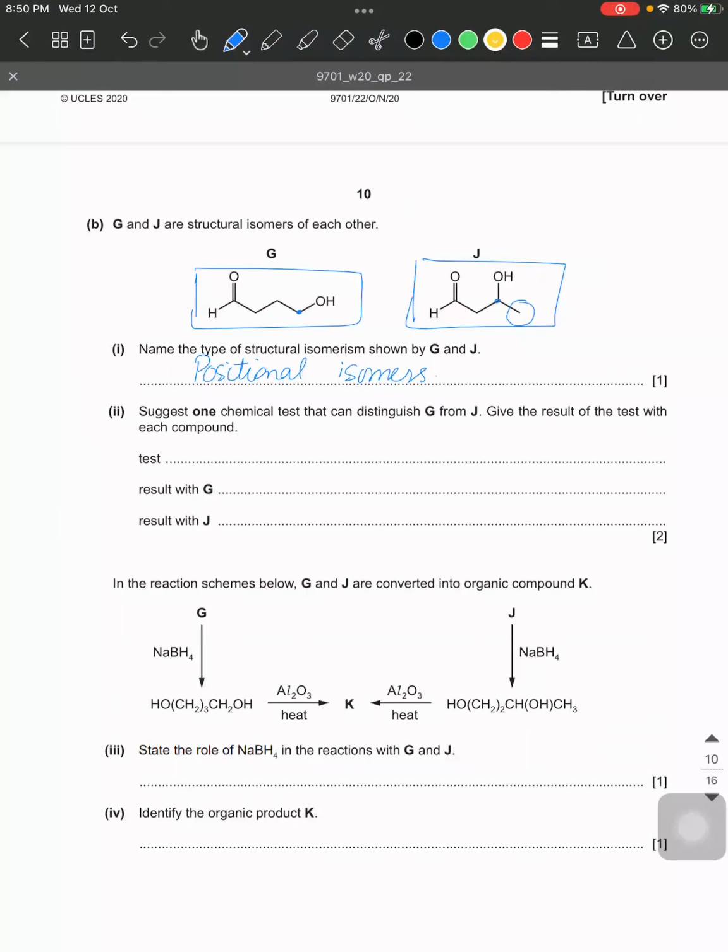So what you need to do, children, you just need to add aqueous alkaline iodine over here. If we talk about G, definitely in G there is no change, because